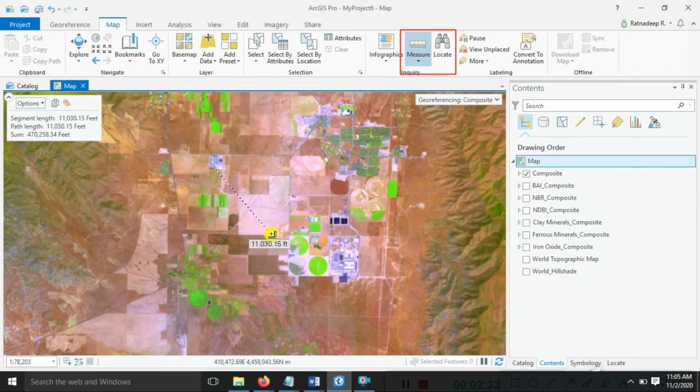Just click on here and go to the point. So you can see here, double click, stop it. You can see here the segment length of 279 feet, path length, all these parameters can show here. So this is a distance of 279 feet.